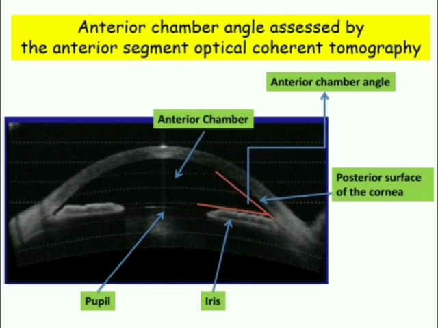Through the pupil, the anterior chamber communicates with the posterior chamber. The peripheral part of the anterior chamber, which forms an angle, is called the anterior chamber angle, and this is what we are going to discuss today. The angle of the anterior chamber plays an important role in the process of aqueous drainage. This is the function of the angle of the anterior chamber: it plays an essential role in aqueous humor drainage.